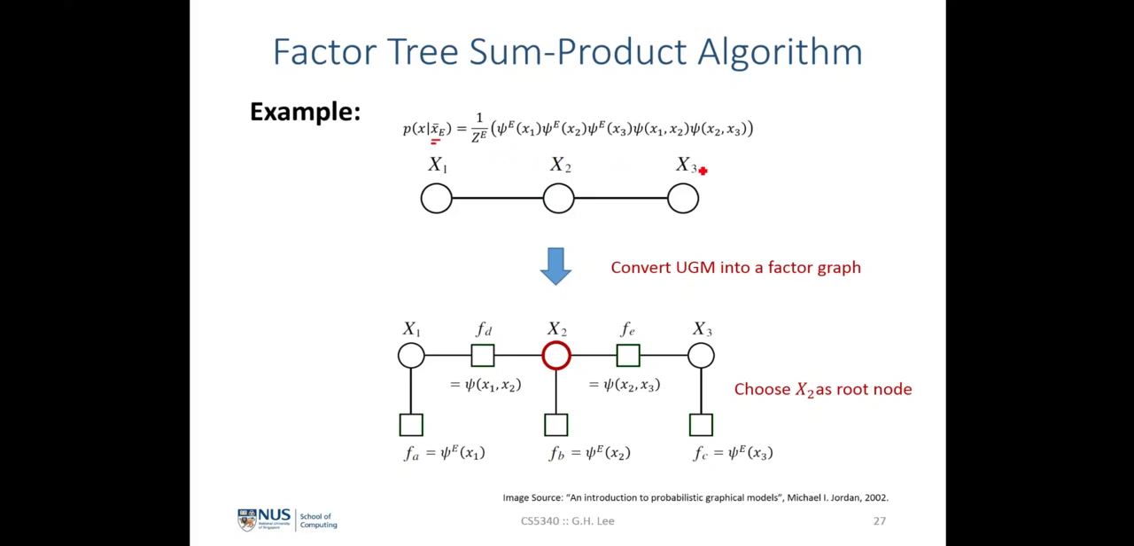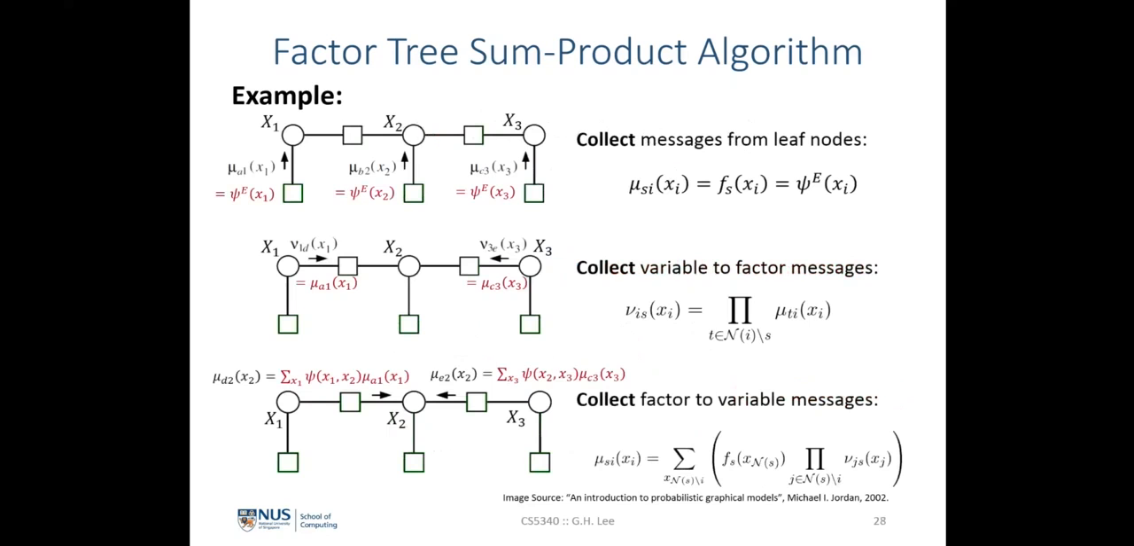the binary potentials. So we can directly convert this undirected graphical model into a factor graph where we simply let the unary potentials be each one of these factors fa, fb, and fc respectively, as well as the binary potentials are represented as the factors that are connecting each pair of random variables in this factor graph, denoted as fd and fe. And we can see that here's an example of the message passing algorithm or the sum product algorithm